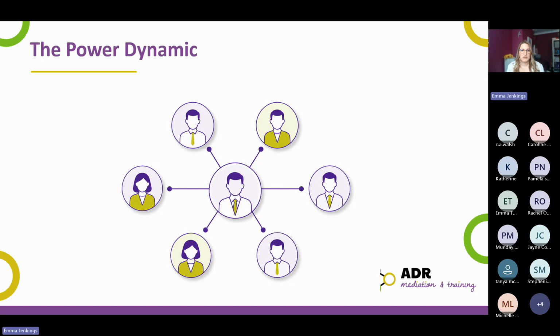So how might people see you when you show up to an interaction? Do they perhaps see you as a threat to their status, their relationships, their finances, or their living situation? And how do you perceive others when you go into that room, when you show up to a video call, when you're responding to a letter that you may have received, or an email, or on the phone? What do you see of them? What's your perception of the power that they have to potentially affect your life, or the agency that they have